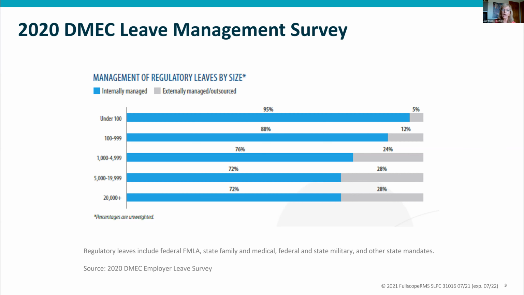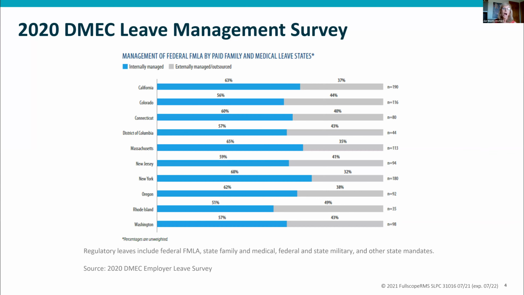Now that number goes even higher for employers who are either multi-state employers or in states where a paid Family and Medical Leave Act has been passed. So the next slide will show the statistics from that DMEC survey on what employers in these states where there has been a paid family and medical leave law passed, how many of them are outsourcing or looking for external management of their absence and their FMLA administration. And as you can see, the numbers jump dramatically. So you're in the 40 to 50, almost 50% range of employers in these states that are looking for outsourced